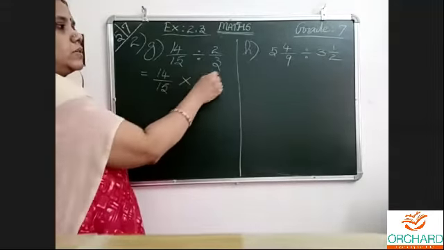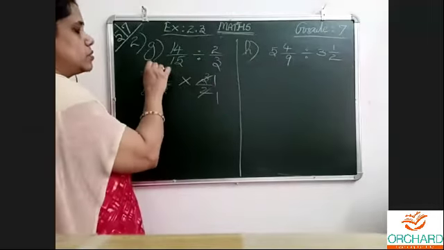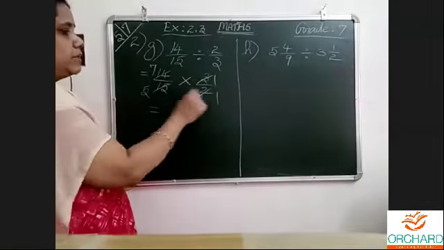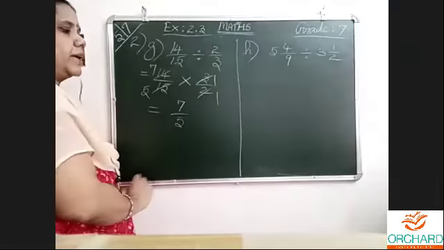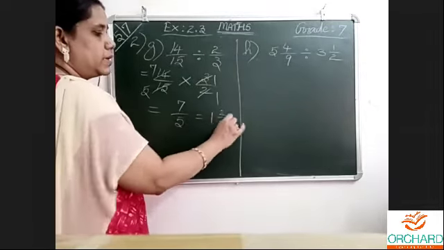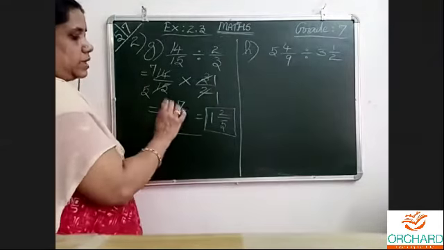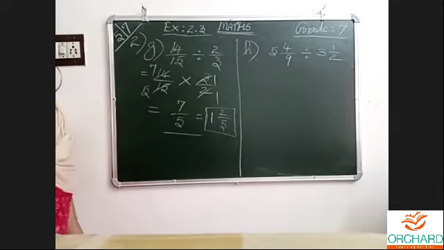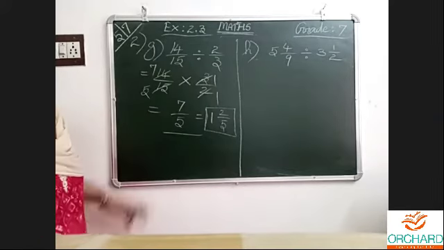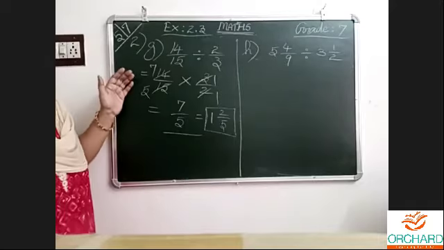So now to do that. 1 3s are 3, 5 3s are 15, 3 table. 1 2s are 2, 7 2s are 14, 2 table. Next, 7 1s are 7, 5 1s are 5. 7 by 5. You can leave it like this, or you can write 1 5s are 5, remainder 2, 1 and 2 by 5. You can write a mixed fraction, or leave it like this. Both are correct. So the answer is 7 by 5 or 1 2 by 5. If the question is not in mixed fraction, it is always allowed. Understood? Easy.